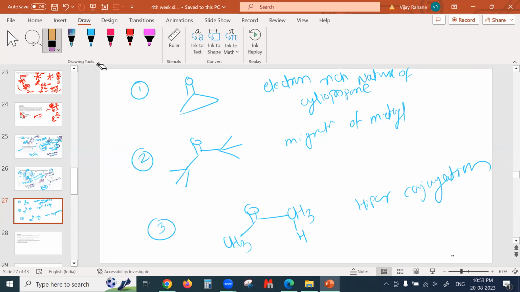But still there is one factor, which is the electron rich nature of the cyclopropane, which makes the polarization of this bond. So option A is the most likely, the easiest to stretch the CO bond. And in the second and third, yes, the methyl migration is also a predominant effect. We can't neglect that one. And hyperconjugation is also one effect. So I just have confusion between 2 and 3, but